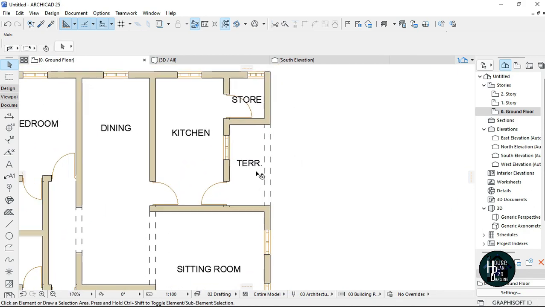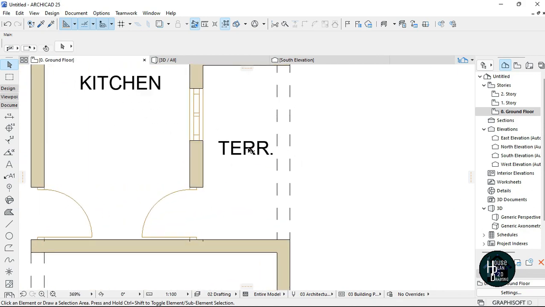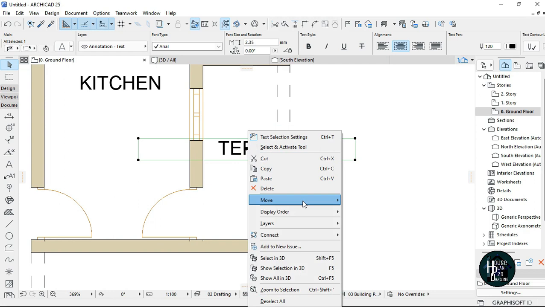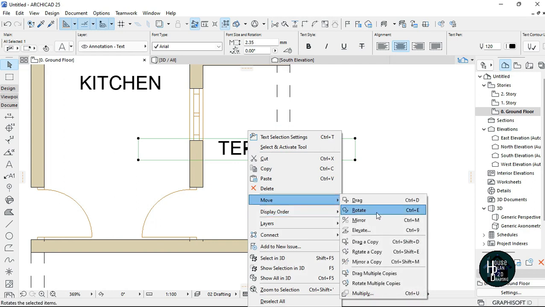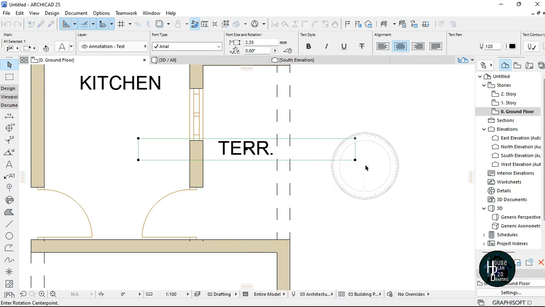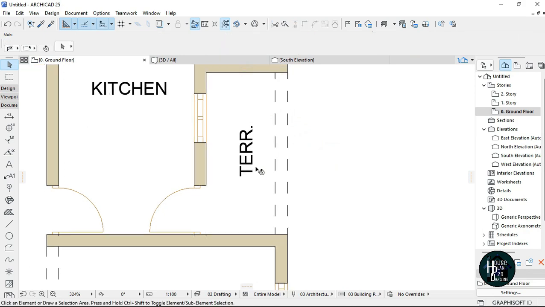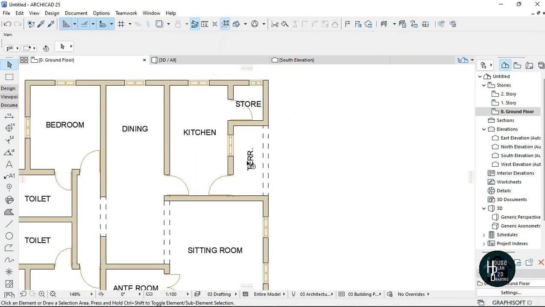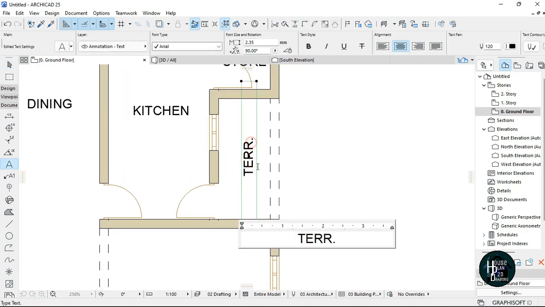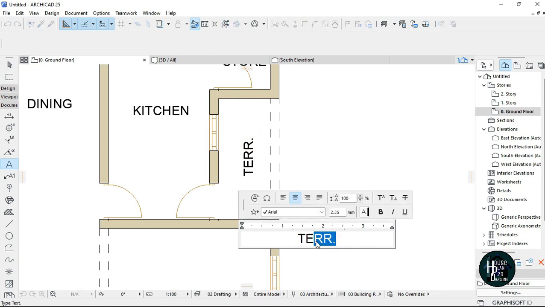And if you actually want this to be slanted, you can select it, right click, click move, and you will see rotate. So when you rotate, click rotate. Then if you want to rotate it, click that middle point there, click, stretch it out like this. This is a straight line. Click, then take it up like this, then click. So it's going to be like this. All right, so I can just change this to be